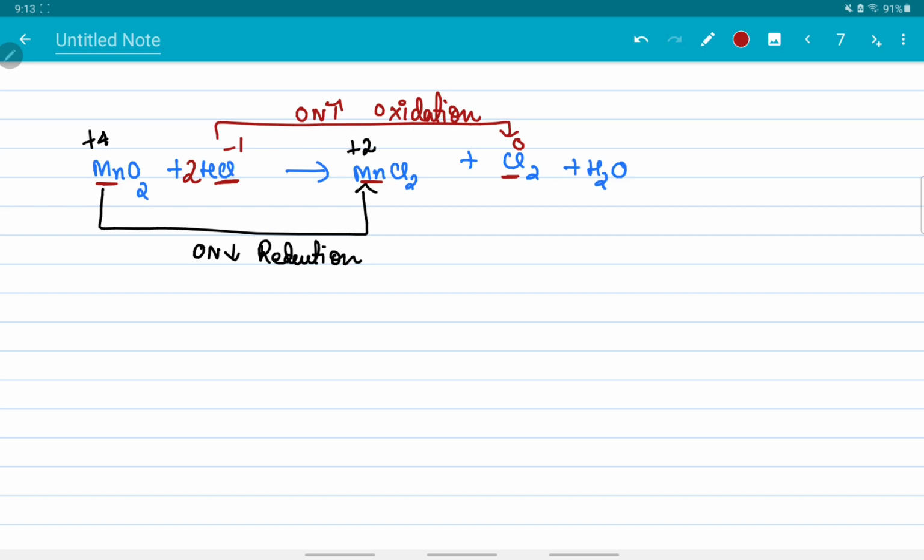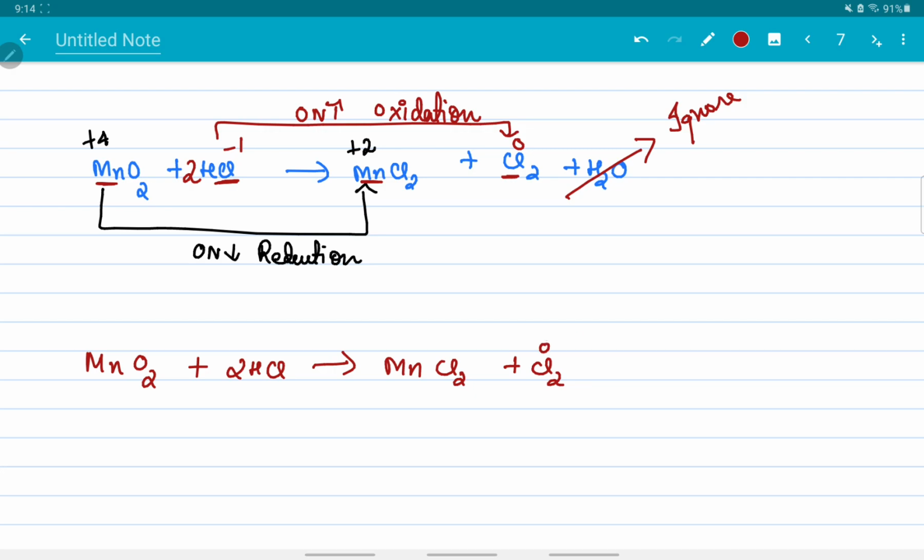Now the next step was to write the oxidation differences. For this part you have to ignore this H2O. Whenever it comes to this oxidation number method, you will get this H2O kind of thing or H plus. You just have to ignore it, because in the last, when you balance your oxygen, you have to add those H2Os. So this will come in the last, so just ignore it. Just forget as if it was not there in the equation. In the last we are going to add it and then we will get a balanced equation. So don't worry about that. Till now we are only going to focus on MnO2 plus 2HCl, which is giving MnCl2 plus Cl2.